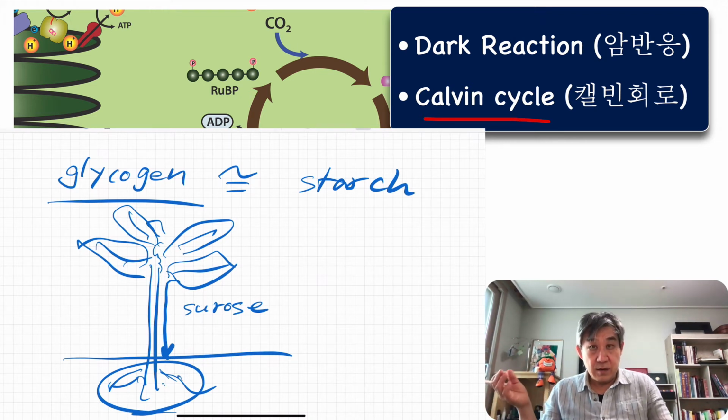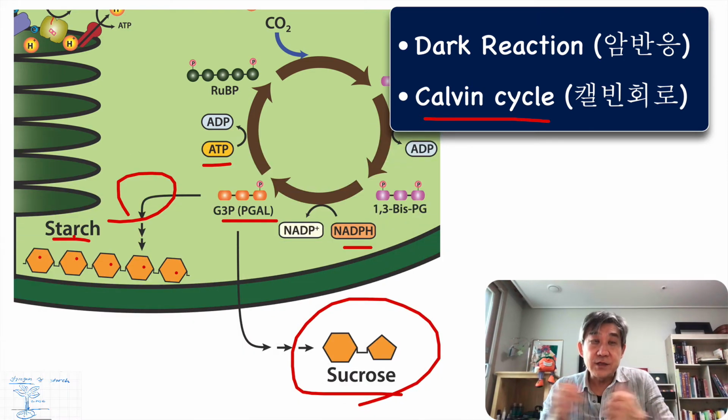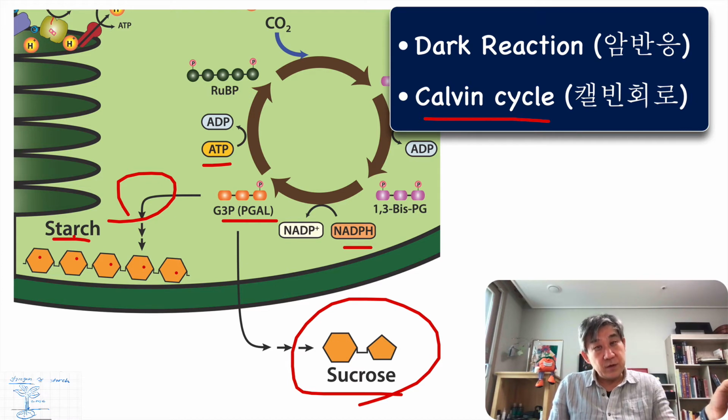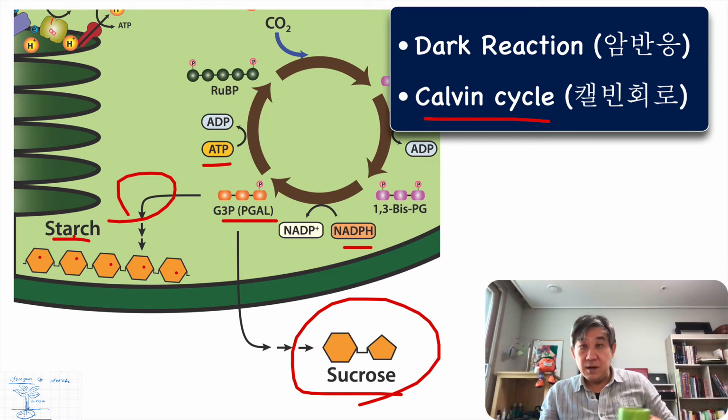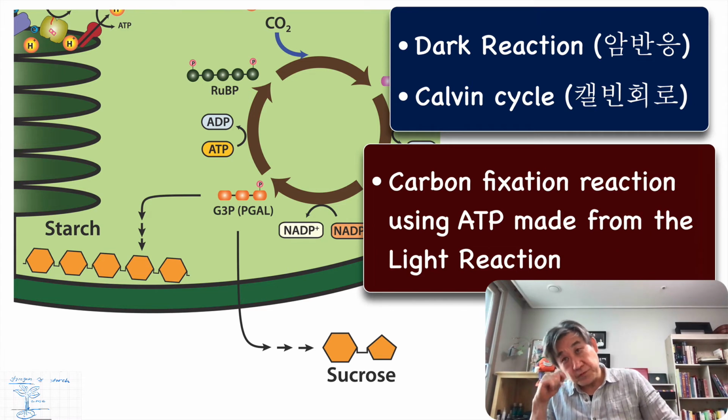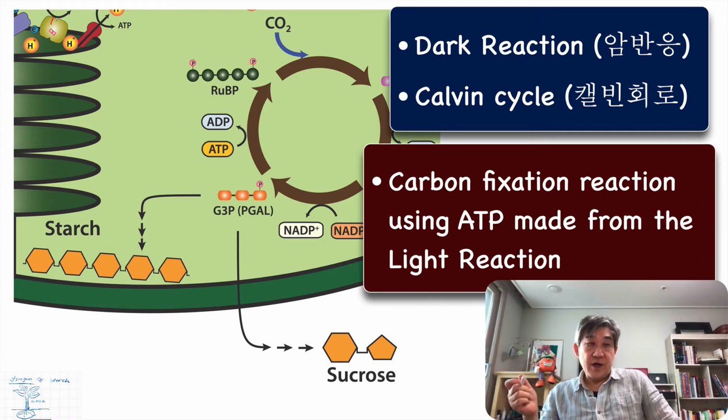and later once they arrive, they are readily converted back into glucose, and then depending on who you are, like if you are a potato, then you also convert them into your own storage form of starch. So that's what we take advantage of in the form of potatoes and all kinds of related products. So all this dark reaction in a nutshell can be said to be the carbon fixation reaction.